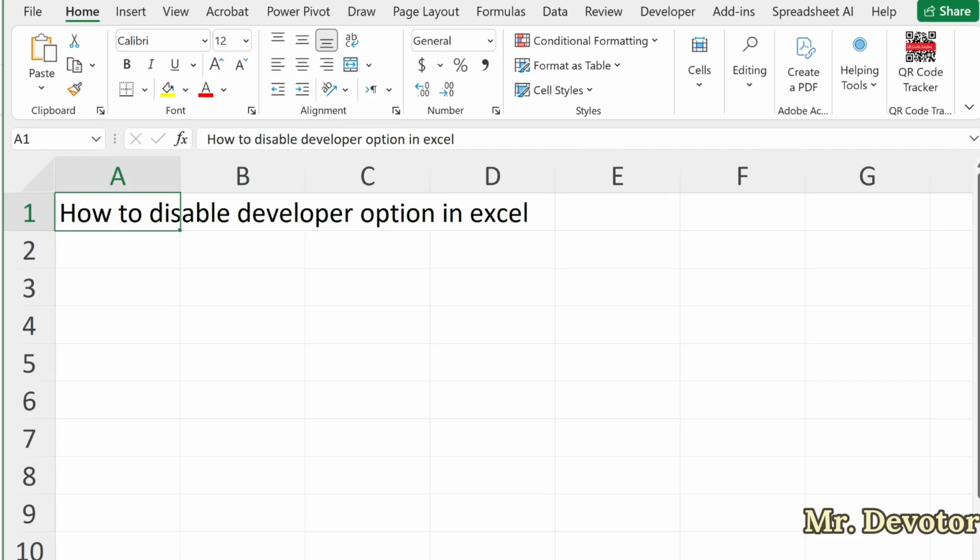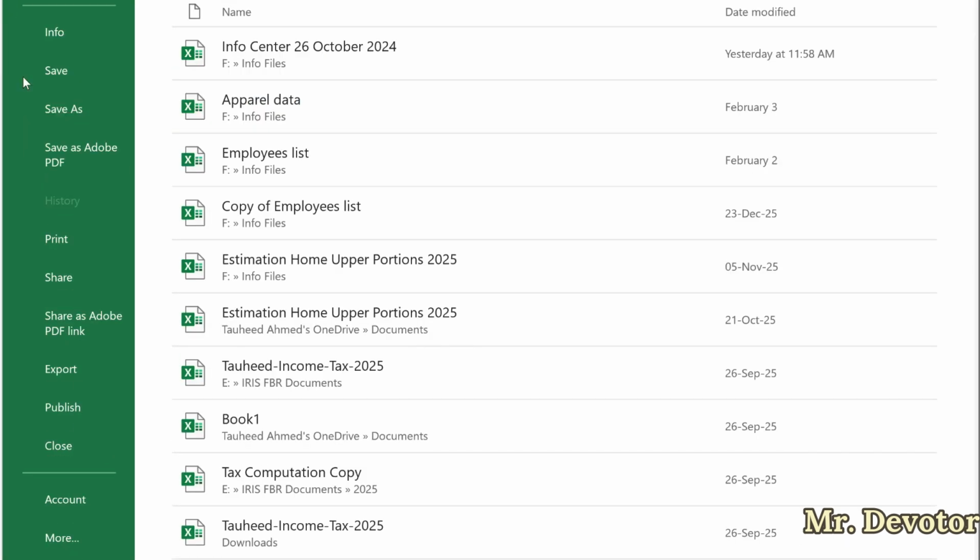Most users hide this tab to declutter their interface if they are not currently writing any code or creating complex forms. If you ever need to record a macro or access the Visual Basic editor again, you can simply follow these same steps. So if you prefer using the standard menu navigation, then click File and then click on